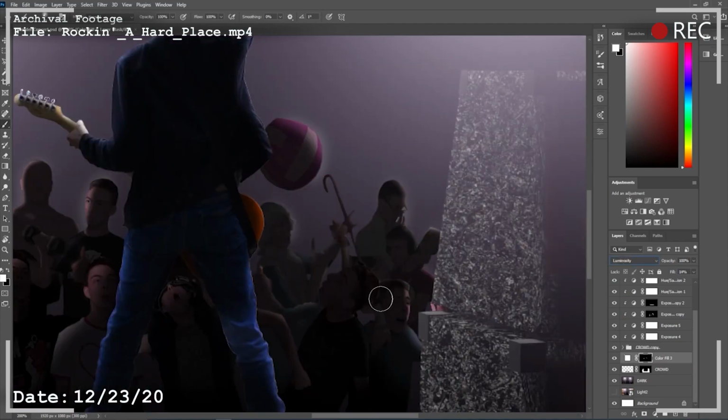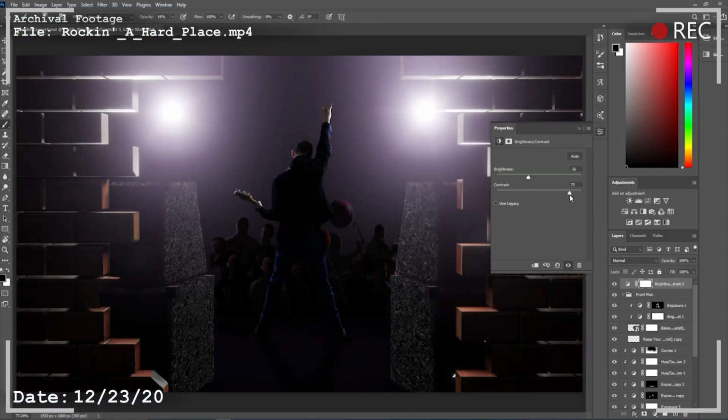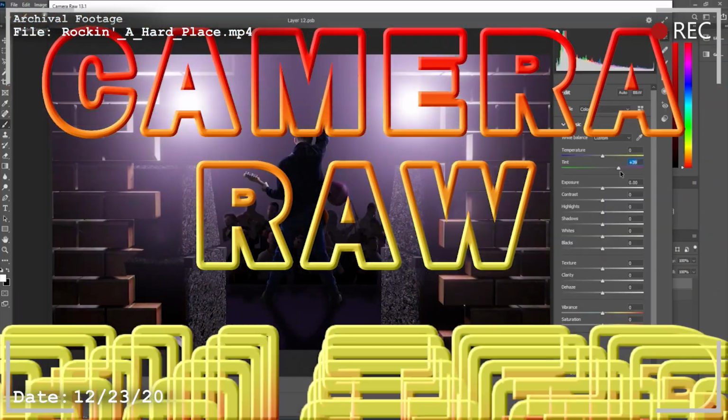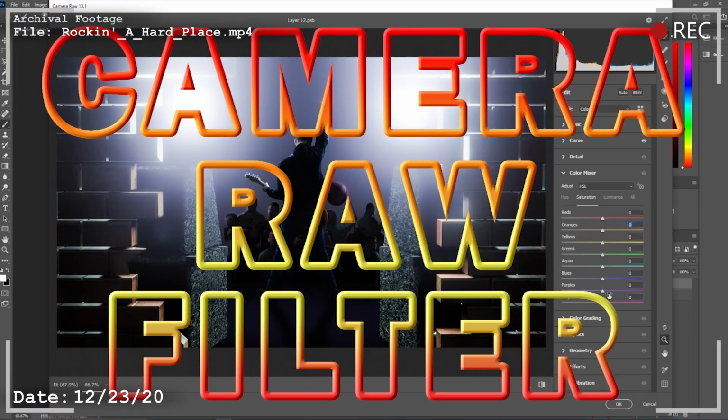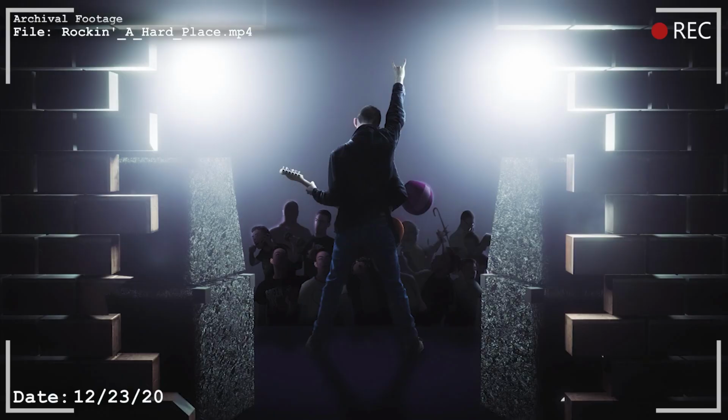Then I went me by me and matched up the lighting from the two spotlights. And finally came the camera raw filter. And then it was done. And there you have it. My own little private concert in